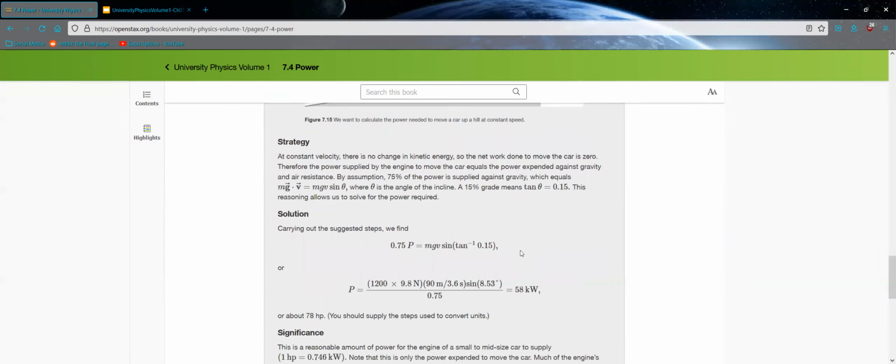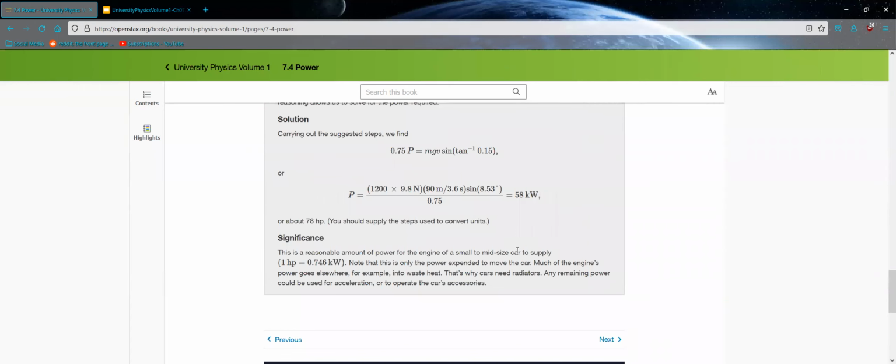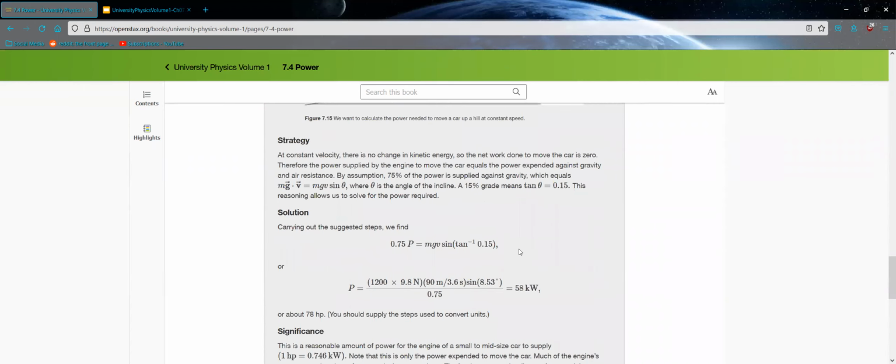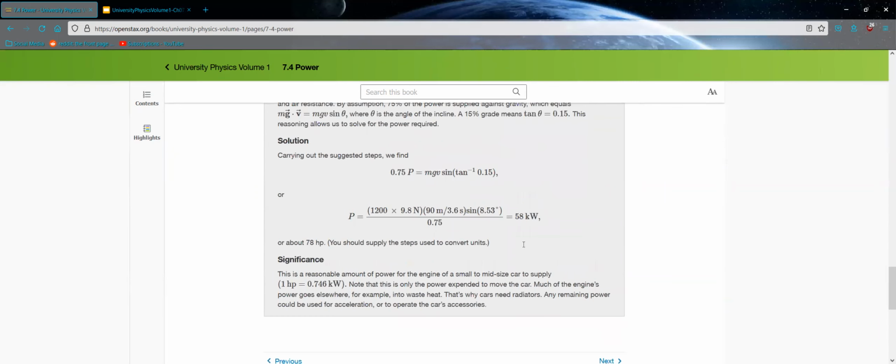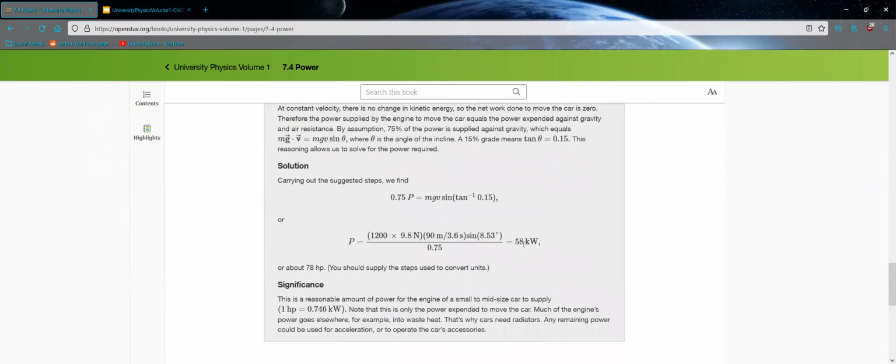Power is equal to mass times gravity times velocity times the sine of that angle. And when you solve out your power, multiply it by 0.75 to get your kilowatts of 58, or about 78 horsepower if you need to translate to